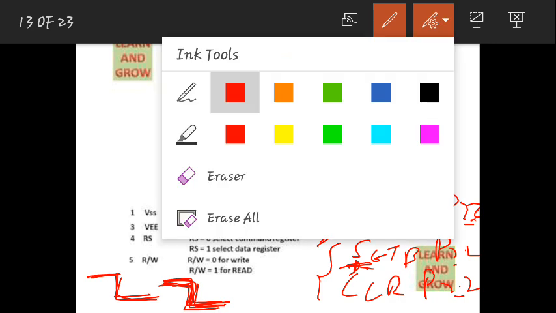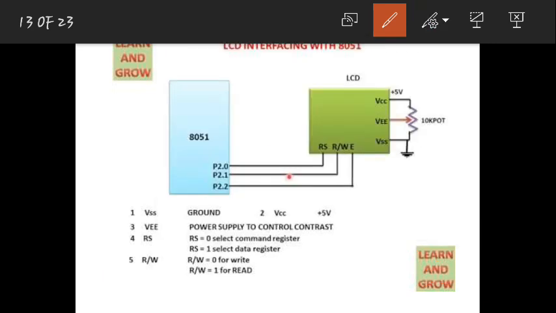Now in the same way, if I want to write something onto the LCD, first I should select P2.0, which is connected to RS. To write means I am writing some data, so P2.0 should be equal to 1.